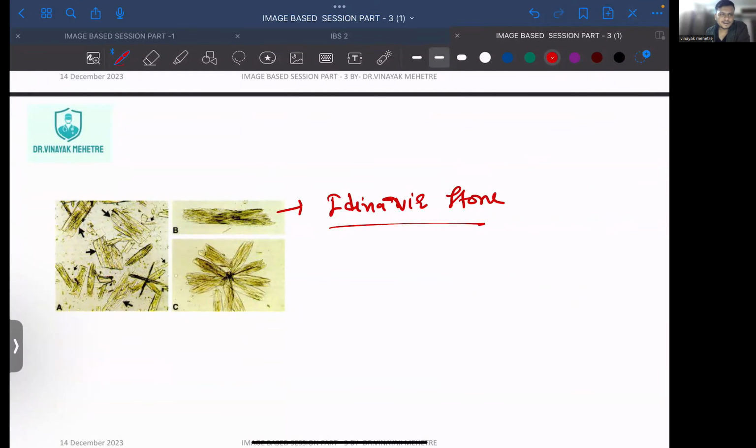Remember over here investigation of choice is not X-ray, it is NCCT head. NCCT, okay, NCCT abdomen. Okay,